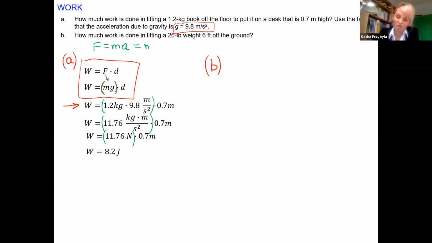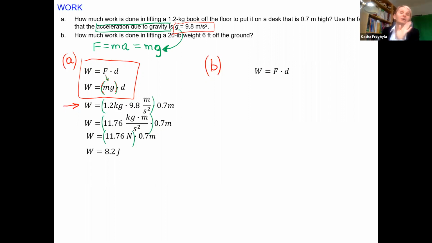Acceleration, but we will always talk about this one. Acceleration due to gravity, or we can say gravity in short, but it's the acceleration. Okay, and then part B, it's everything in pounds and feet, and we can see we have the same